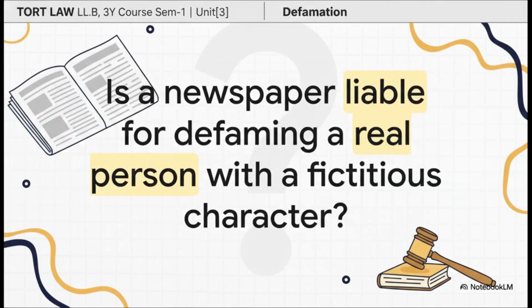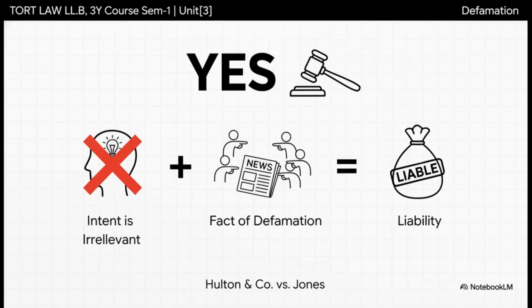Let us now apply these principles to a classic legal problem. A newspaper publishes a story about a fictitious character named Artemis Jones. A real barrister named Artemis Jones, whom the author and publisher did not know, sues for libel. Is the newspaper liable? The answer, established in the landmark case of Halton and Company versus Jones, 1910 AC 20,